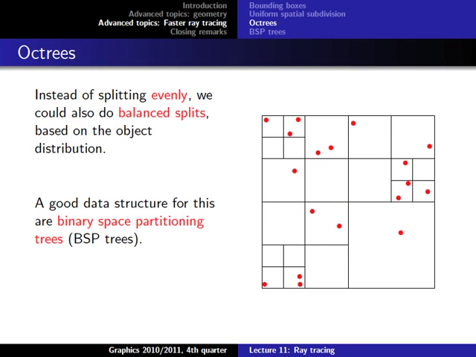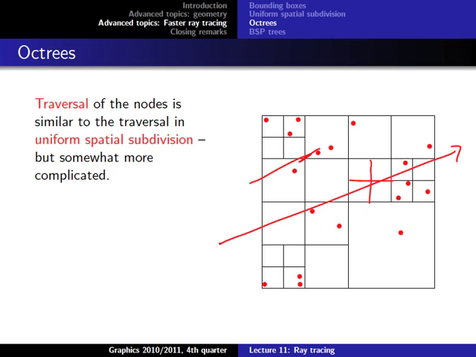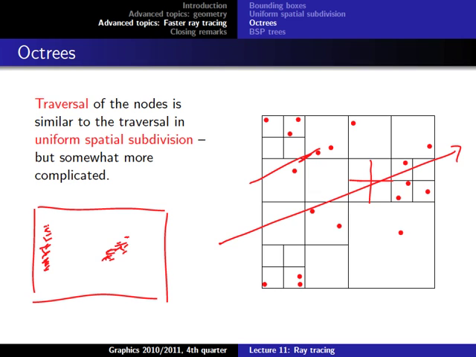Good. So this resembles the distribution of the objects a little better, but you can still argue, well, we still have squares or rectangles here. What happens if we have something like this and, for example, something like this? Wouldn't it make more sense to have a cell here and a cell here, or maybe an ellipse here and